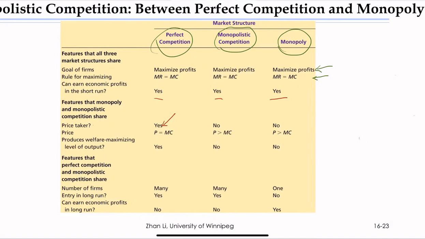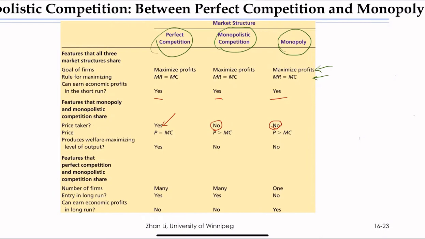And then in monopolistic competition, even though we have many sellers, the answer is still no. The reason is because of product differentiation. Because each product is actually unique. Even if products are similar, this will give the firm some sort of market power. Right? So in this sense, a firm in the monopolistically competitive market is not a price taker. And then for a monopolist, of course, it is not a price taker. It is a price maker.